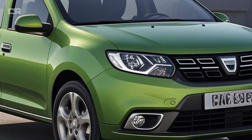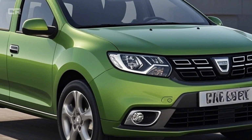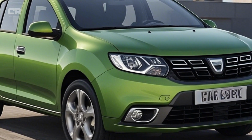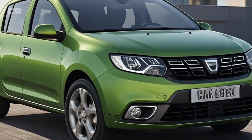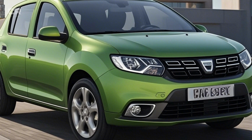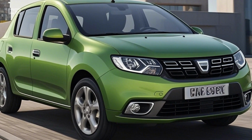When it comes to off-road capability, it's critical to set reasonable expectations. The regular Sandero is primarily a road car. The Stepway variation, on the other hand, has a higher ride height and more rugged appearance, which provides some modest off-road potential. It can handle gravel roads, muddy tracks, and light snow, all of which are common in suburban and